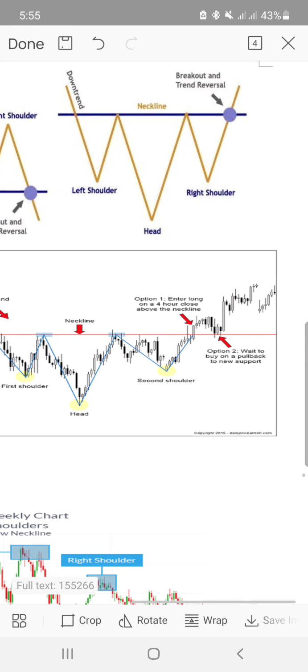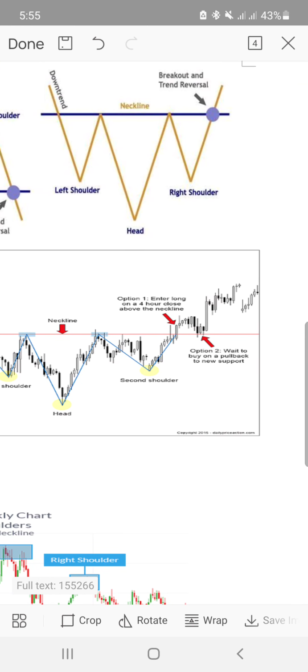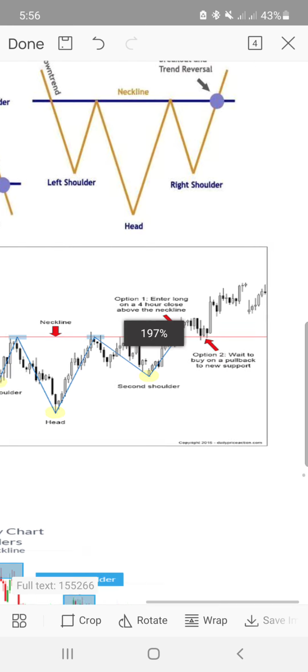Look at it, neckline, downtrend, enter long on a 4-hour count. This is just, enter long means buy, right? Buy. Here it's saying wait to buy on a pullback to a new support. What this just means is,